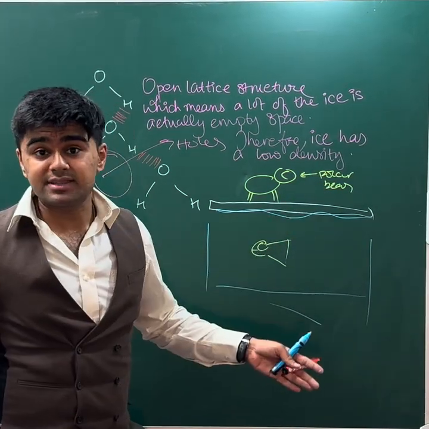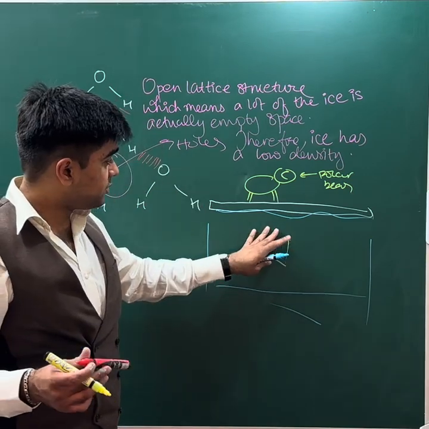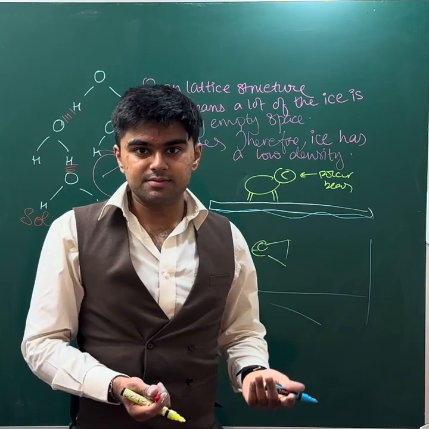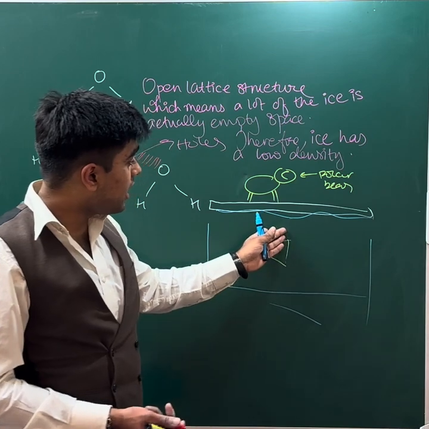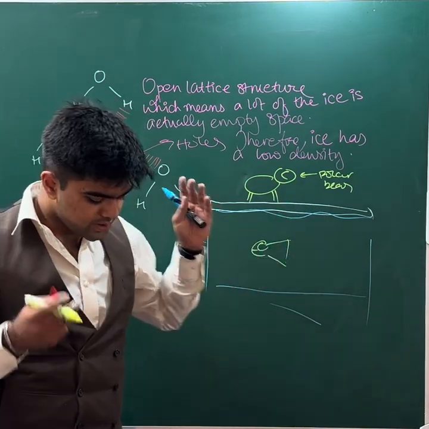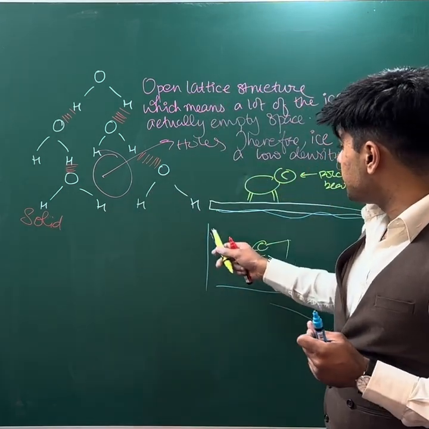Essentially, that's their habitat, right? So the fact that ice can float on top of water, it provides more land habitat to land-living organisms. And that's another benefit of ice having a lower density than liquid water. So what are the three benefits? First benefit, let's go over quickly. The first benefit of